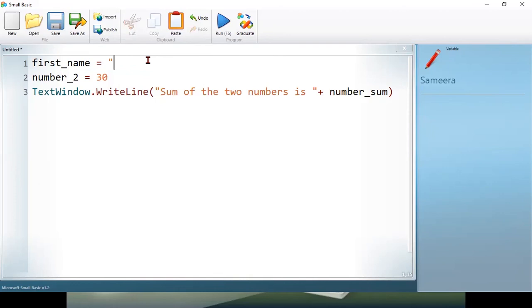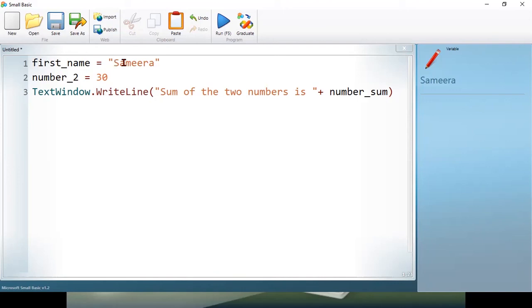Numbers can be stored without inverted commas, but text like data, English alphabetical characters, should reside inside